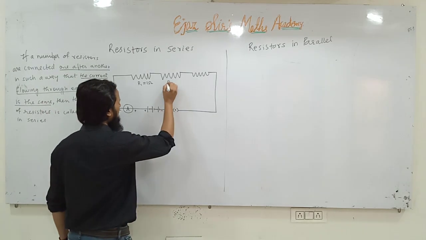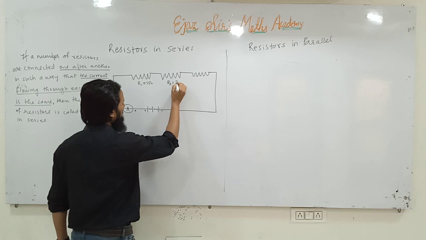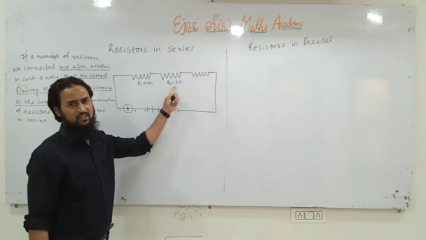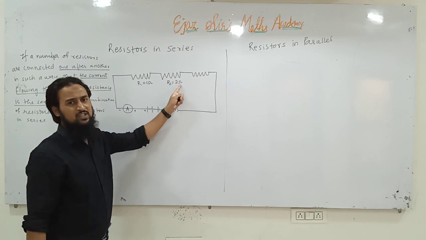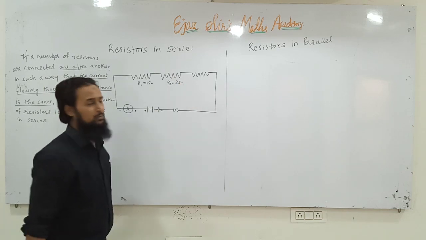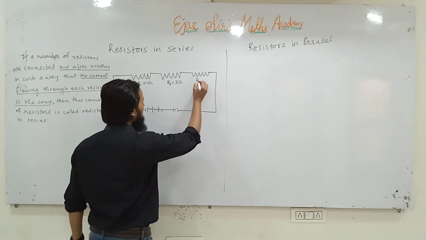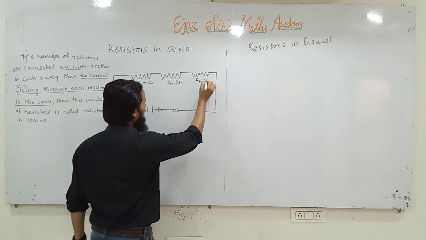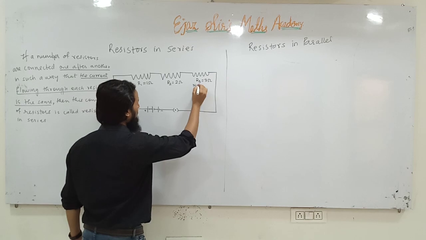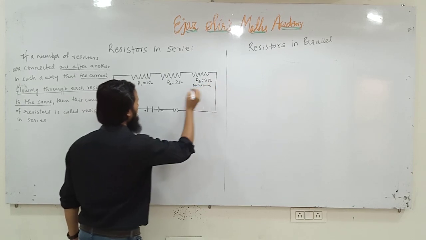Let us suppose this is resistance number 2. It has value 2 ohm. Which resistance is greater? 2 ohm resistance is greater. And you know the SI unit of resistance is ohm. The symbol used for resistance is that of a speed breaker or headphones. This is the third resistance having resistance 3 ohm. Let us suppose this is nichrome wire.